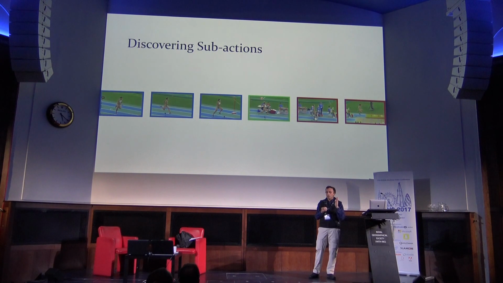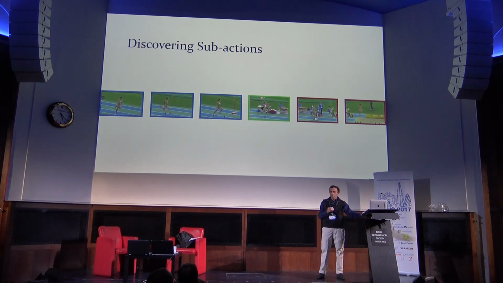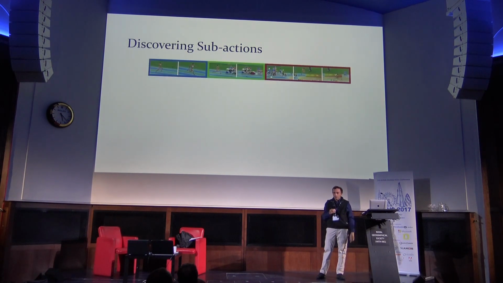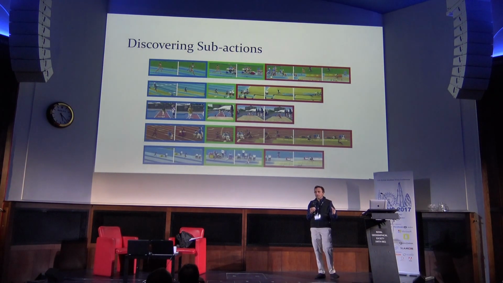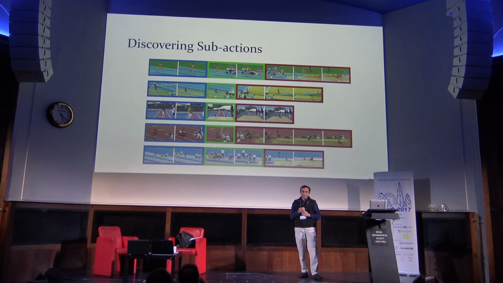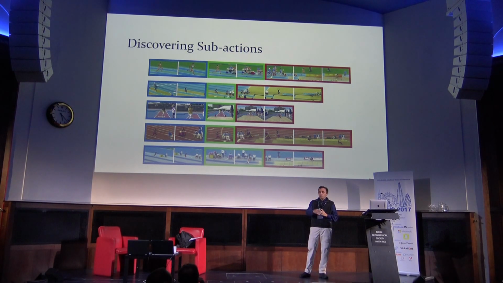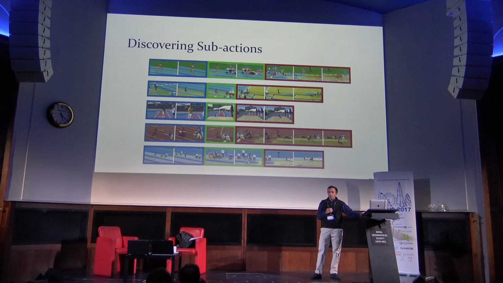So in many ways, the hope is that the parts have done a good job separating the subactions. And you can refine that in the next stage anyway, to take advantage of any errors. So if you do that for all the videos for a given action in your training set, you will end up seeing something like this, where now the initial part of each of the instances of the action is hopefully regrouped and so on. And that lets you build these things called parts. And now we can try to assemble these parts to create subaction models.